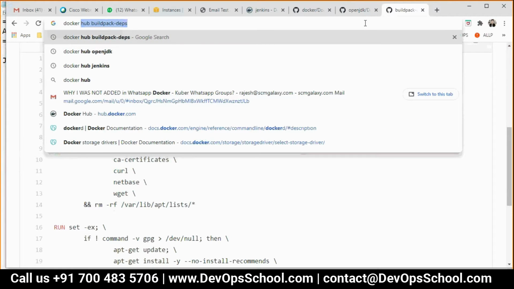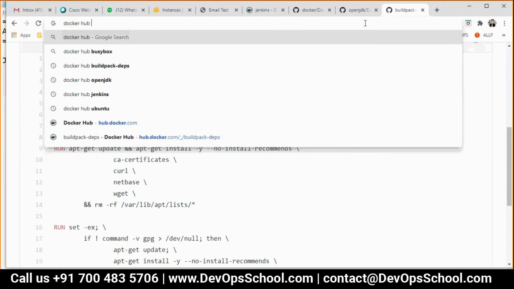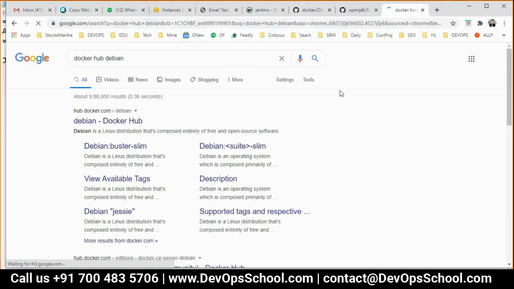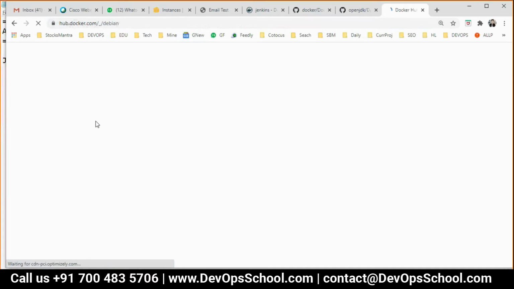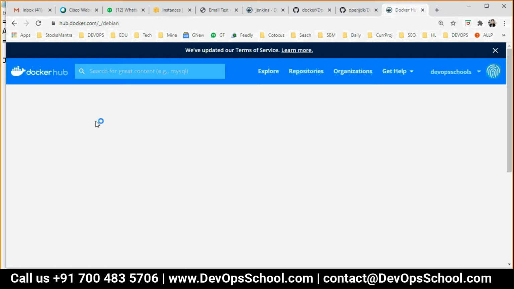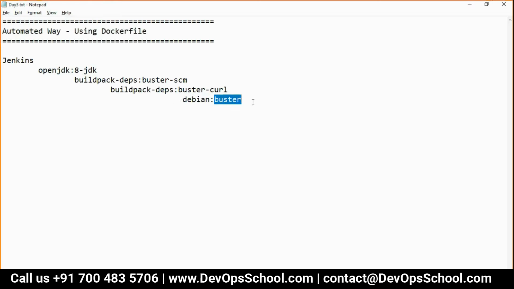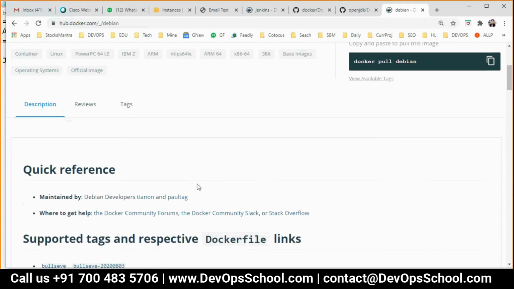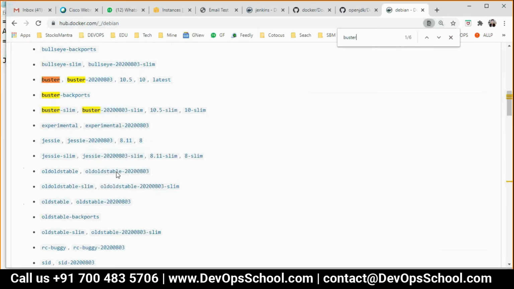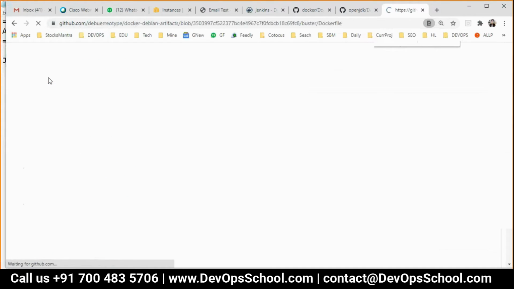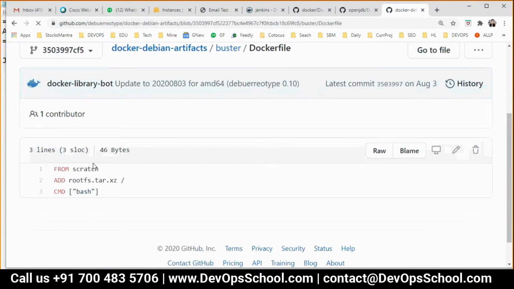So Docker Hub, Debian, and tagged with Buster. Here. See here.